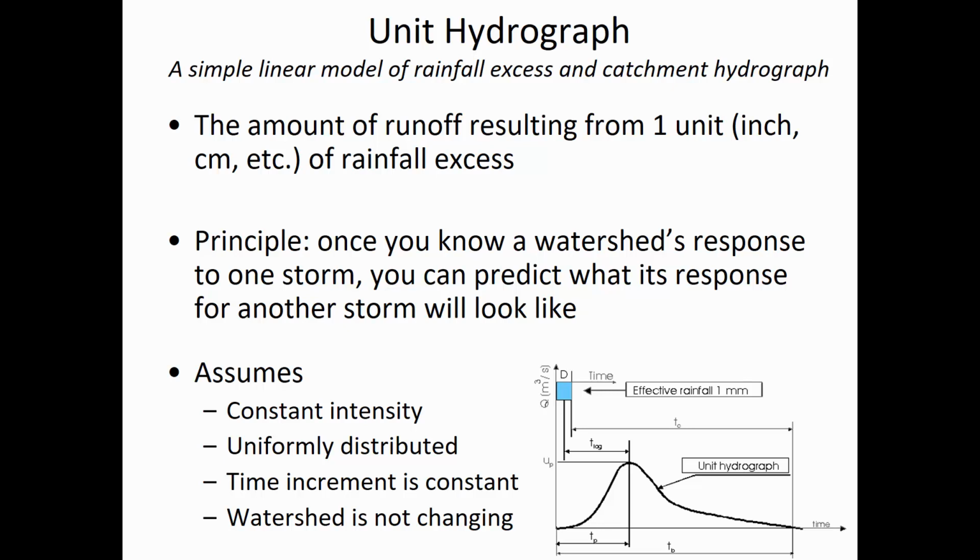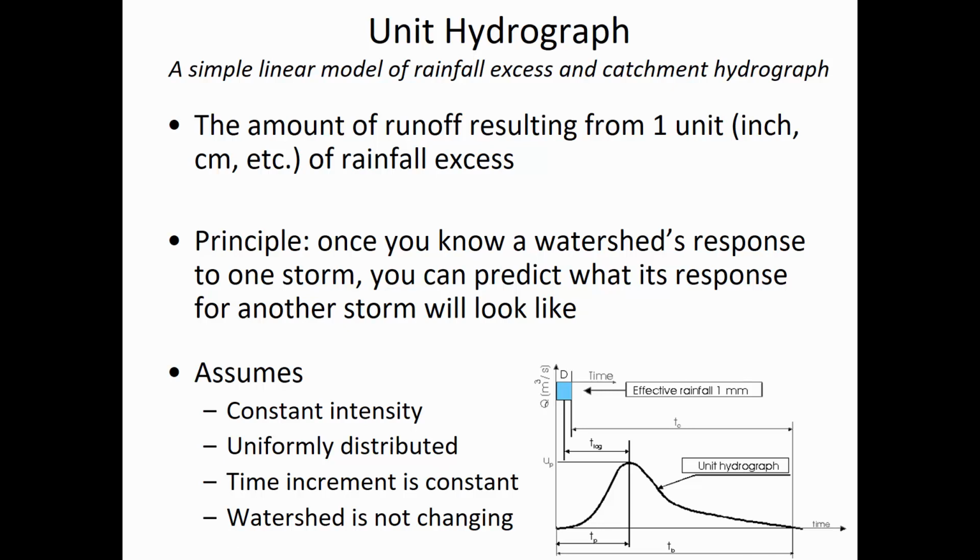It assumes a uniform distribution of rainfall across the watershed, that it's raining the same everywhere. It assumes that each time increment is constant, meaning that if we have multiple pulses of rainfall, each one of them has the same duration. And it assumes that the watershed isn't changing in the short term or in the long term. So what I mean by that is